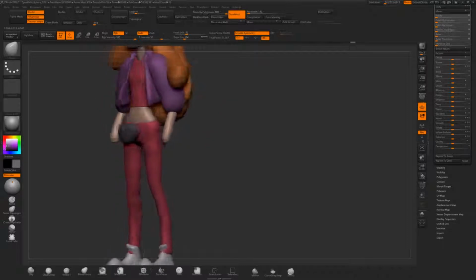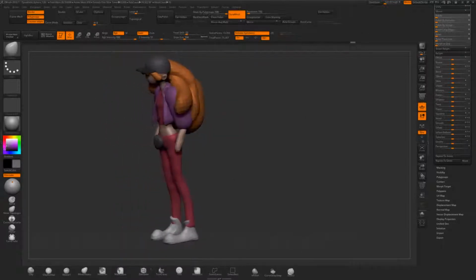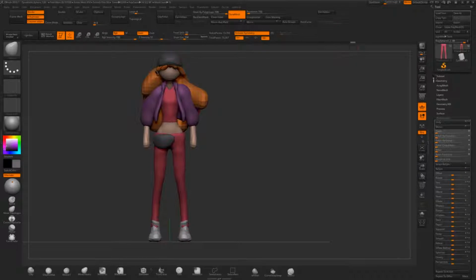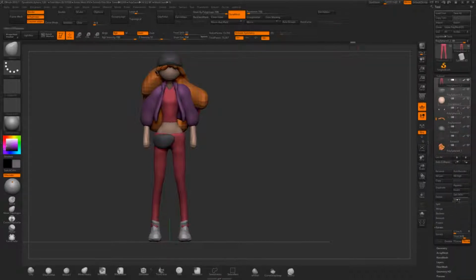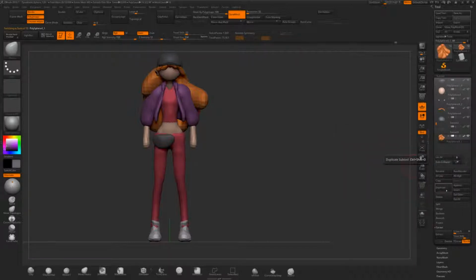And what else did I say that I want to add? So the jacket, the fanny pack. Oh, there she had like a bracelet. So let's see if we choose subtool. Let's try it here because I don't remember if I choose append, does it replace my subtool? Anyway, let's duplicate the hair and choose append,